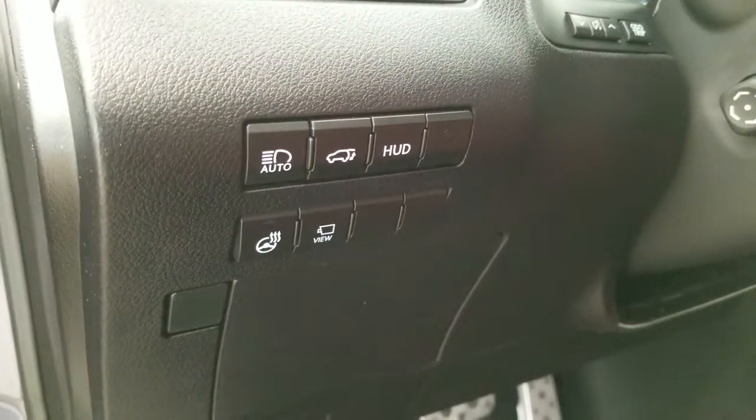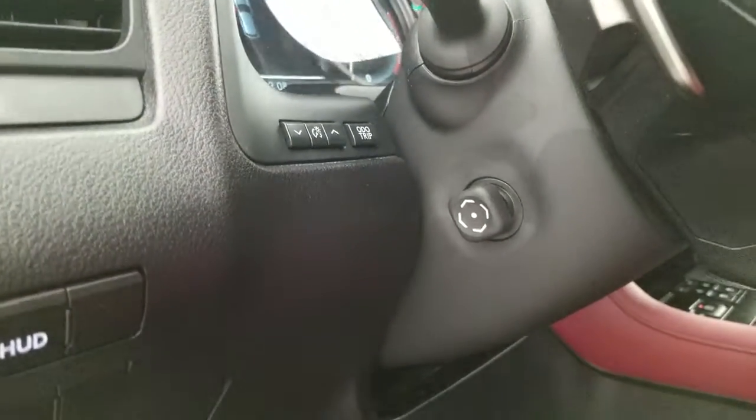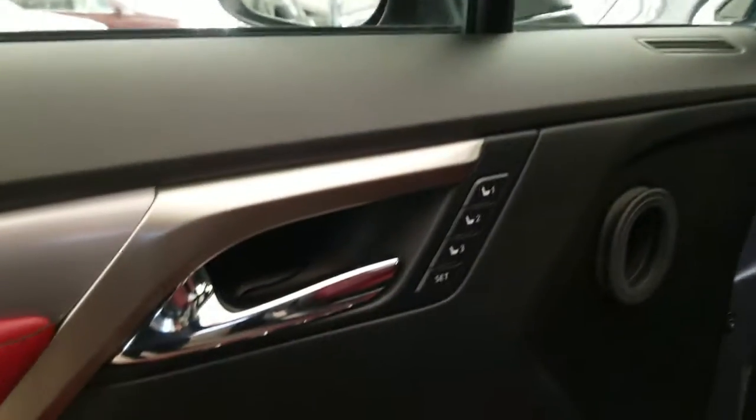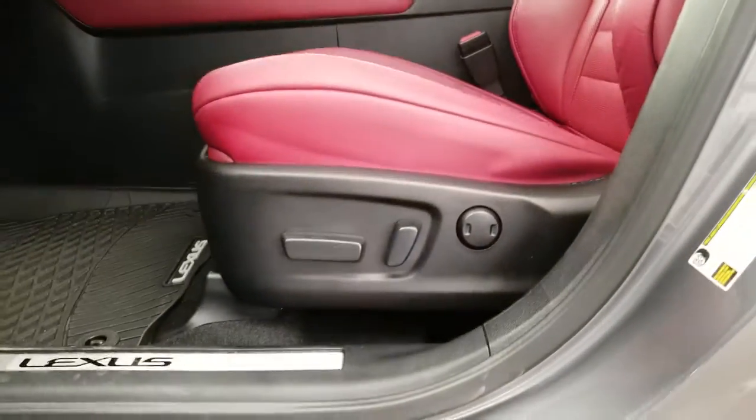automatic high beam, power liftgate, head-up display, heated steering wheel, panoramic view monitor, power tilt and telescopic steering wheel, driver's seat memory seating, power folding side mirrors, power adjustable front seating,